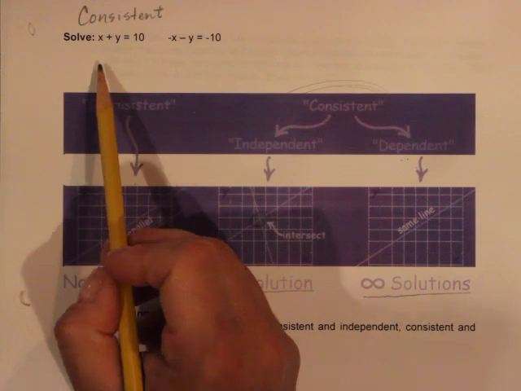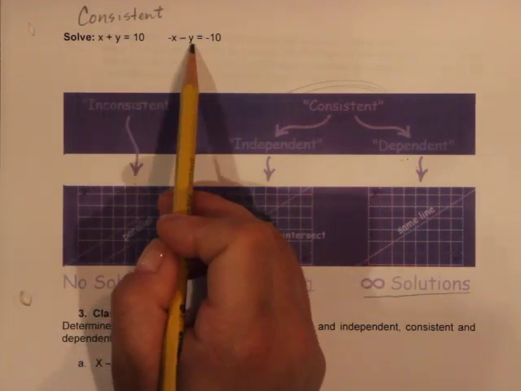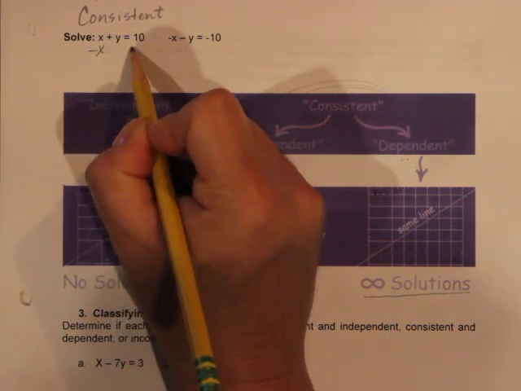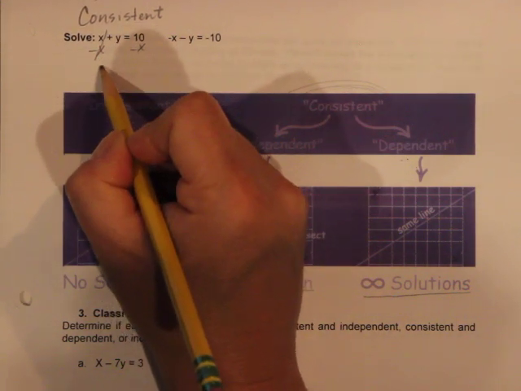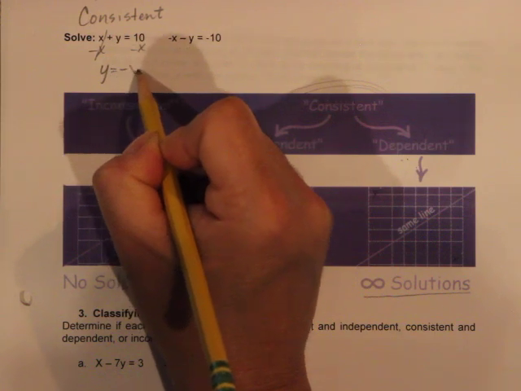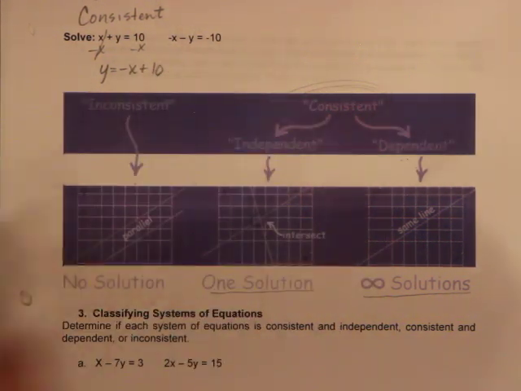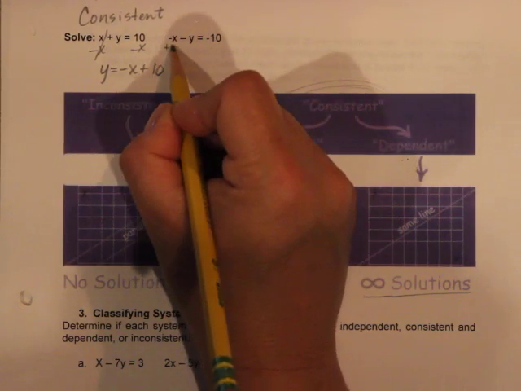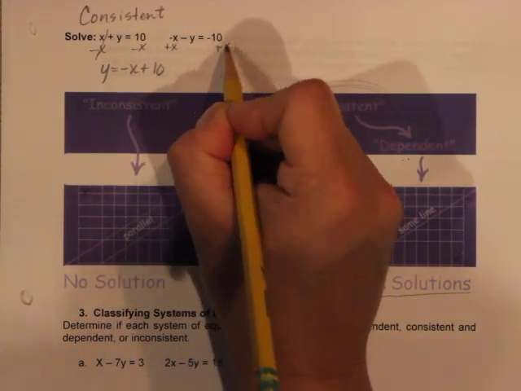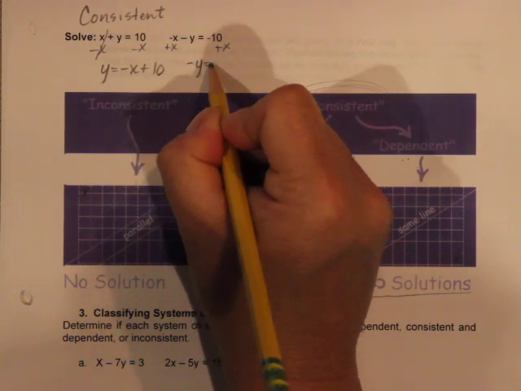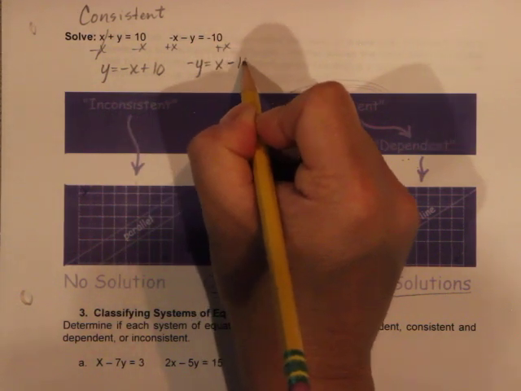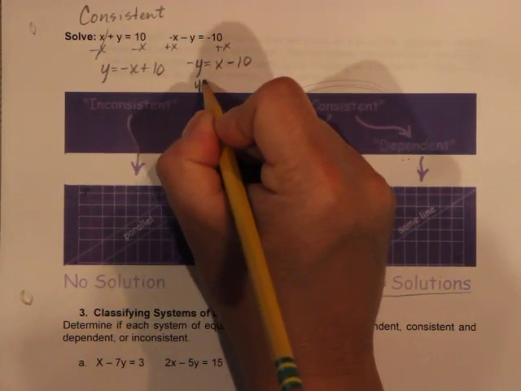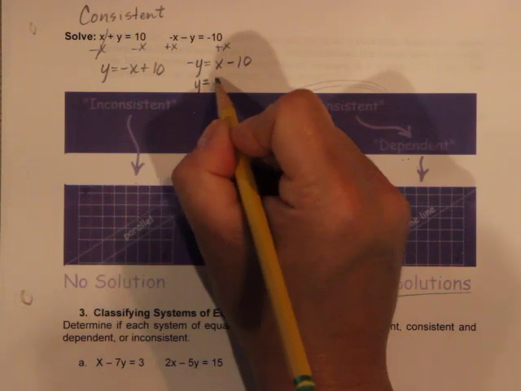So I'm going to write both of these equations in terms of y. I think that might be easiest for me. I'm going to move this x over here, and I get y equals negative x plus 10. Now I'm going to rewrite this other equation in terms of y, so I'm going to add x over here, and I get negative y equals x minus 10. Now remember, I don't want a negative y. I want a positive y, so I'm going to flip every sign by multiplying by negative 1, right? So y equals